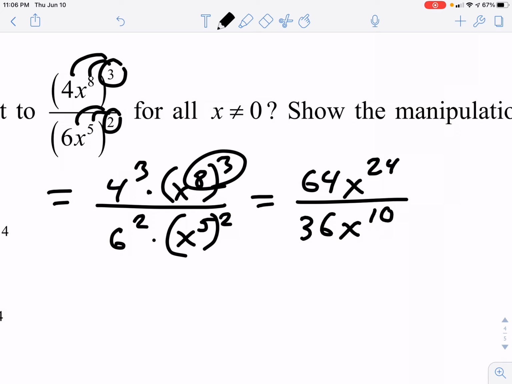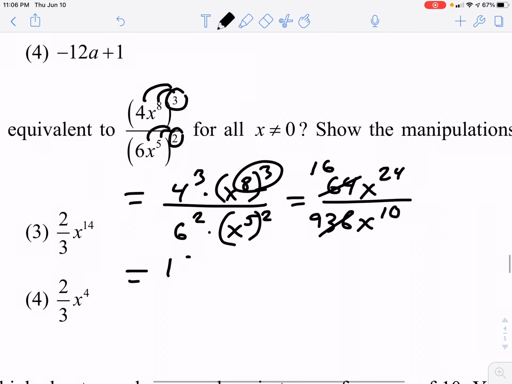Now, let's go ahead and simplify this fraction first. The largest integer that seems to go into both 64 and 36 is the number 4. 4 goes into 64 16 times, so 16 times 4 is 64, and 4 goes into 36 9 times. So let's take that fraction and put it out front, 16 ninths